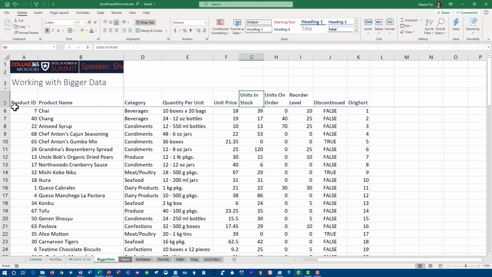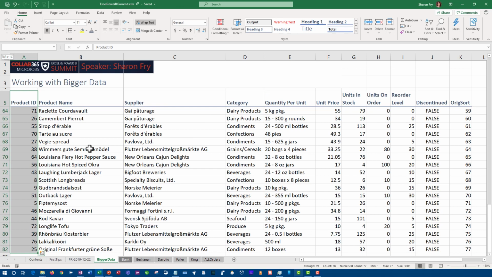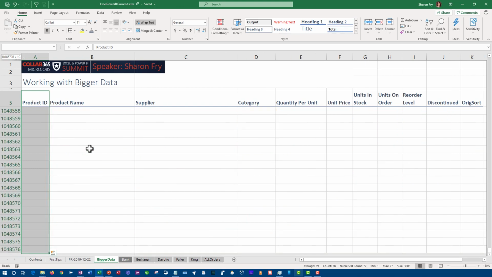Next thing I would do, I need this product ID to take up 3 characters. In other words, if there's only 1 character or 2 characters or 2 digits, these are actually numeric numbers, I want it to still display with 3, but with a leading 0 or zeros. So once again, I will click Product ID, hold Control and Shift, and this time I'm using my down arrow. Now I can't truly visibly see if that actually went to the last row of the data, so I'll press my down arrow again, and I see that in fact I have gone all the way to the last row of the worksheet,